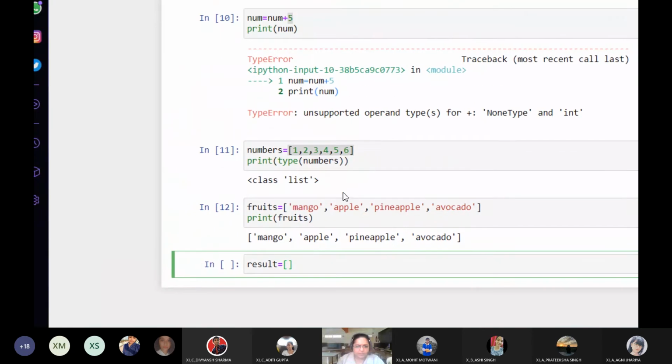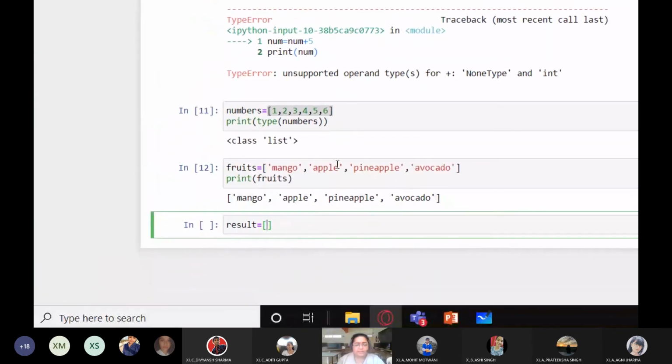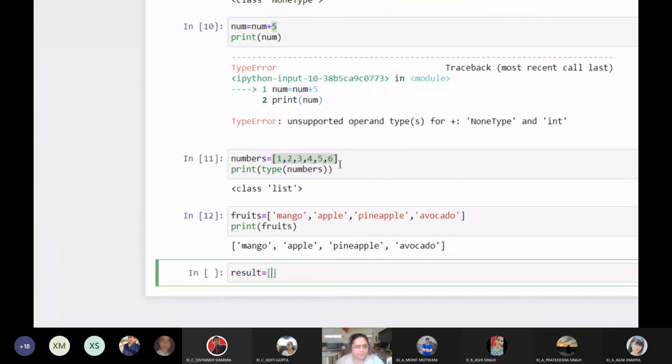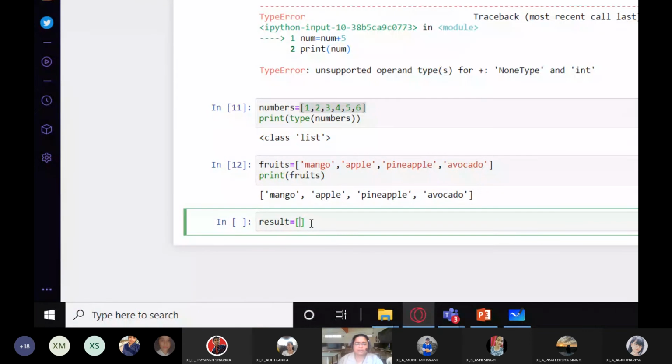And you can also store heterogeneous data. In the previous two examples, these are lists containing homogeneous data, that is, same or identical type data. This is a list of integers, this is a list of strings. You can also store a list containing data of different data types. For example, I'm going to store the result of the student named Mohan. Roll number, name of the student.